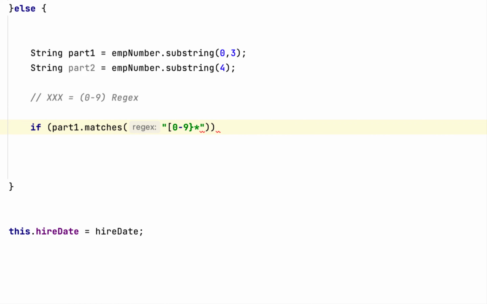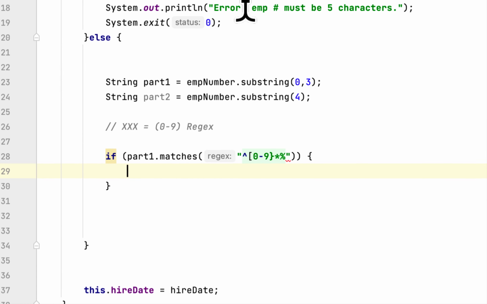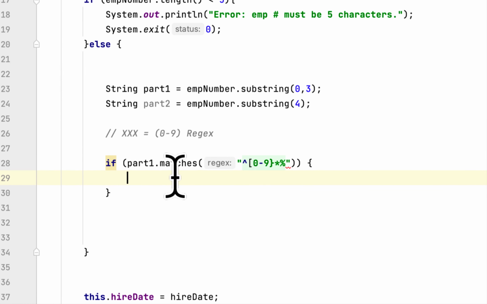Here before the brackets we use this symbol, and after that we say if the first character is number 0 to 9,